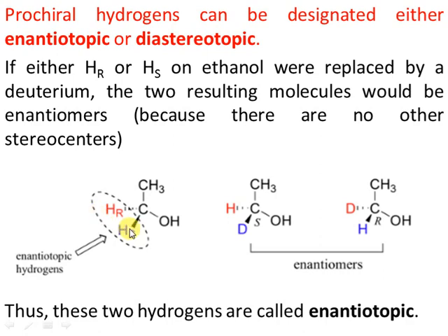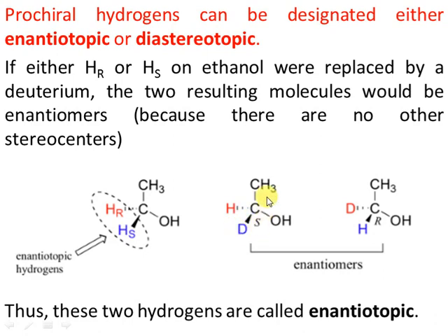If we replace either HS or HR with some other atom like deuterium, and we get an enantiomer, then these protons are called enantiotopic protons, right? By replacing either of the 2 prochiral hydrogens, if we get an enantiomer, then these 2 hydrogens will be called enantiotopic hydrogens, right? For example, if we replace this HS with deuterium, here we get